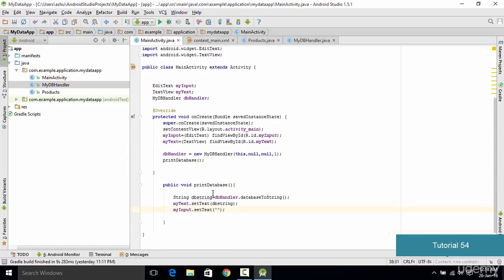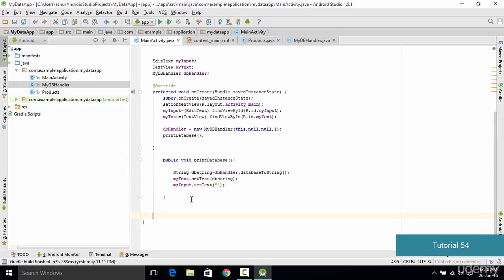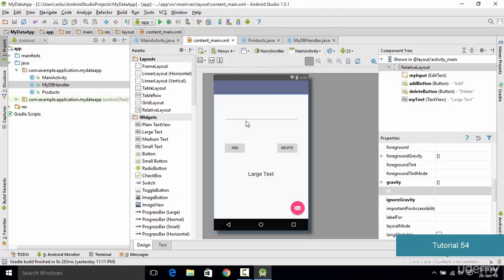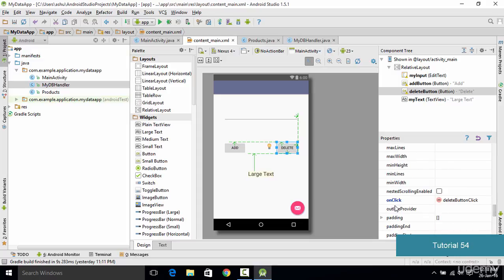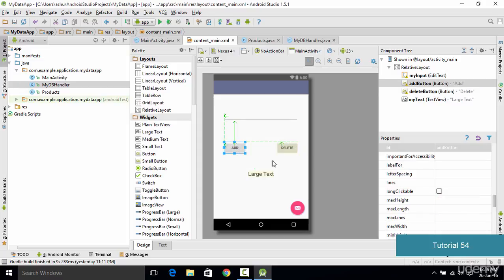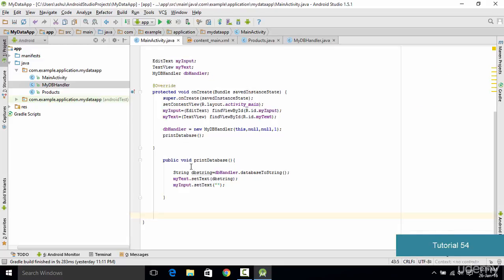Now once this is done, the next thing which we need to do is create the methods which we have added to the on click of the add button as well as the delete button. If you switch to the on click of this delete button, as you can see, we have added a method called delete button click, and for the add we have a method called add button click. So we go ahead and define these two methods inside this